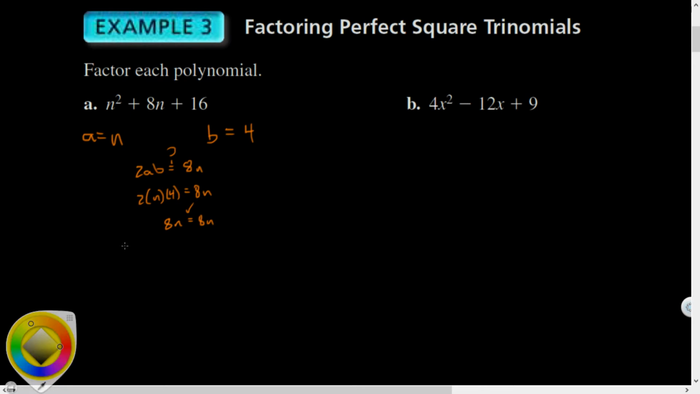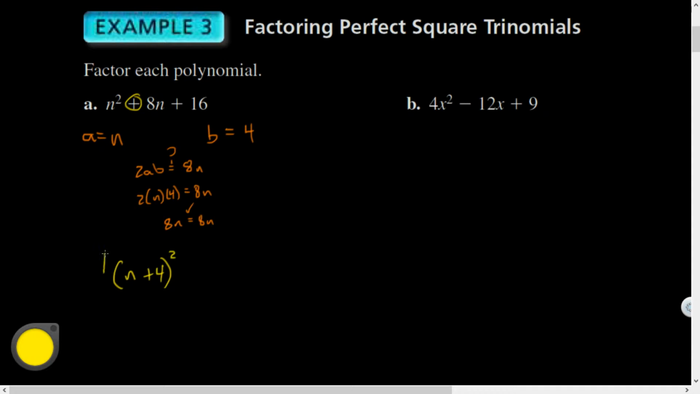And the pattern we're using is a plus b all squared. It's plus because this is a plus sign. So I'm going to say n plus 4 all squared, which, by the way, is the same as n plus 4 times n plus 4. Right, but we're going to leave it in the squared version of it. Okay, so